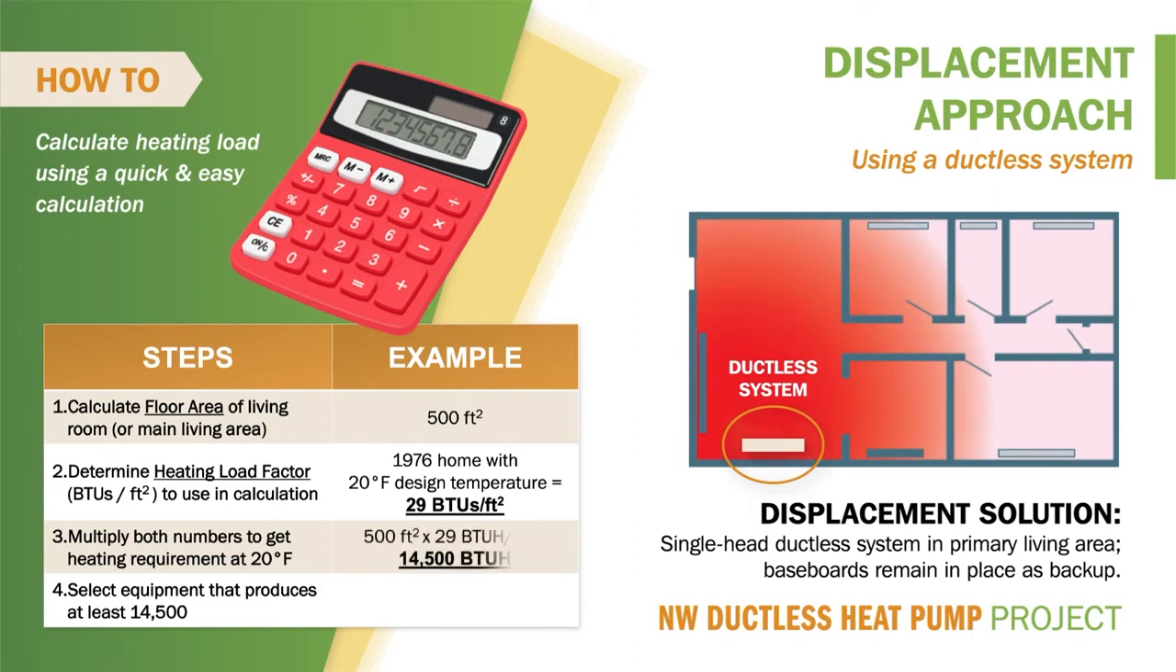Next, we multiply the room area of 500 square feet times the load factor of 29 BTUs per square foot. This results in a heating requirement of 14,500 BTUs per hour at 20 degrees Fahrenheit. The next and final step involves choosing a ductless heat pump that can provide at least 14,500 BTUs at 20